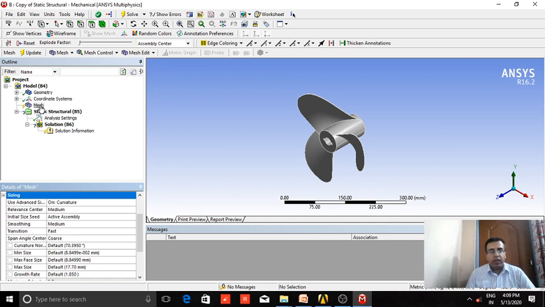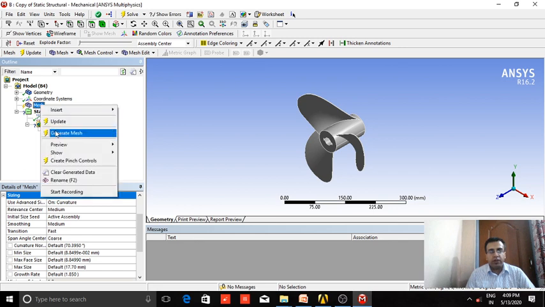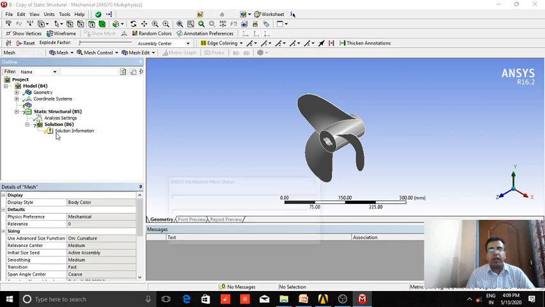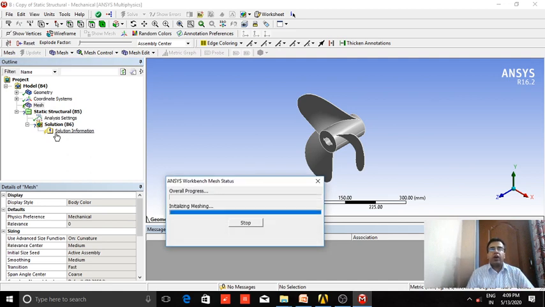So it will take an intermediate mesh, and that will be good for us, because the more elements we have, the nearer to accuracy our answer will come. So now the software has started performing meshing. Meshing is taking place.